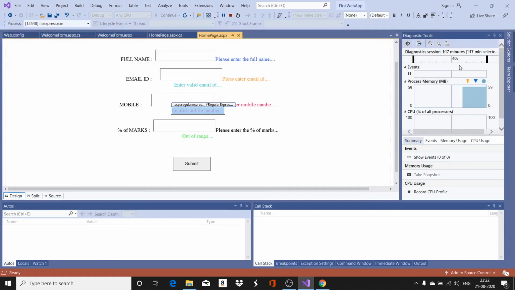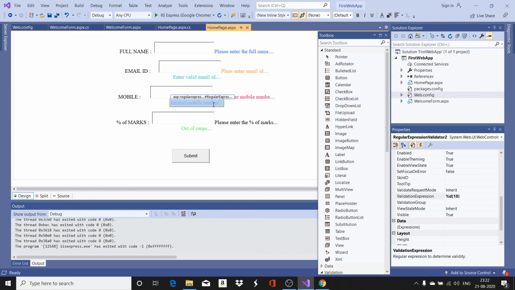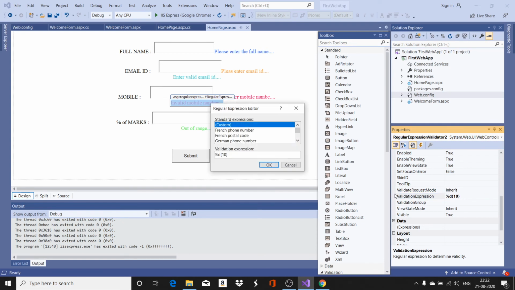Let me close the application, correct the regular expression here, go to the invalid mobile number, click on the property, regular expression, go here. It is digits, sorry, not percentage, it is \d.